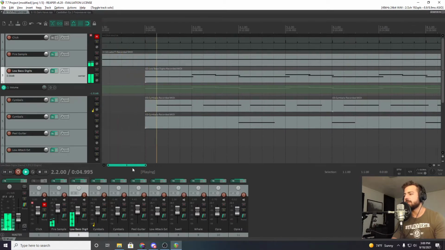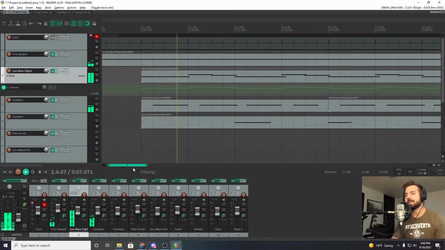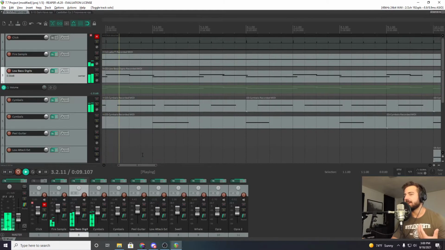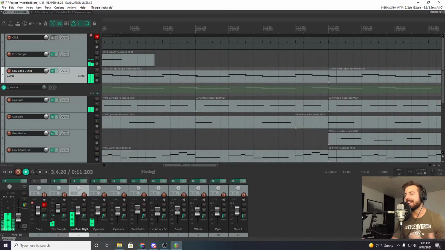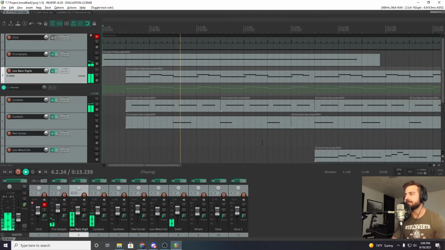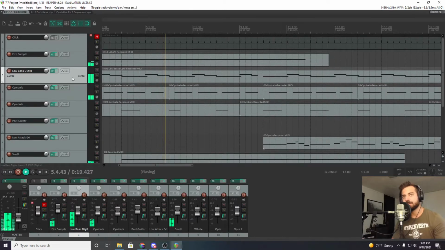I feel like it wouldn't be so good to take up that much space by running it. I don't know, it becomes unnecessary. Right now there's not a lead going on, there's a lot of space to be filled, so it's fine to have that. And here, I'm in Reaper, by the way.